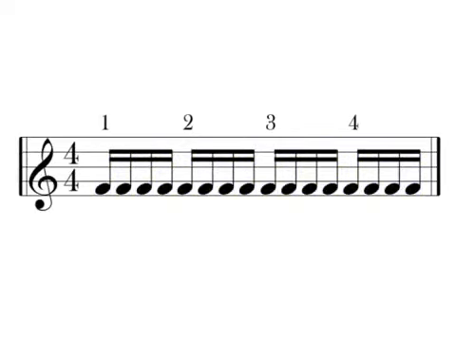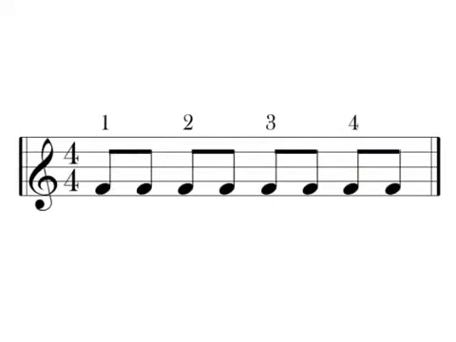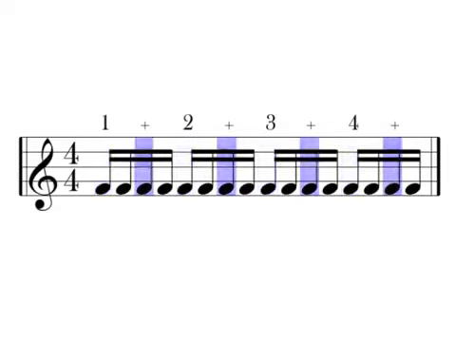We already know that in order to count eighth notes, the first eighth note, or the downbeat, is counted as the beat, 1, 2, 3, or 4. And the second eighth note, the upbeat, is counted by saying the word "and." Being that 16th notes are a subdivision of the eighth note, the way you count the downbeat and the upbeat will remain the same. The remaining 16th notes will be counted by saying "E" and "Ah." 1, E, and Ah. Let's listen to how it sounds when beats 1 through 4 are all divided into equal